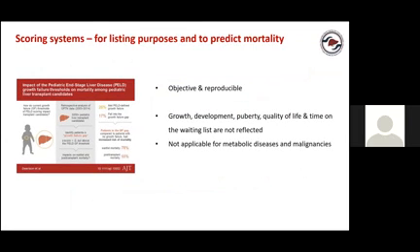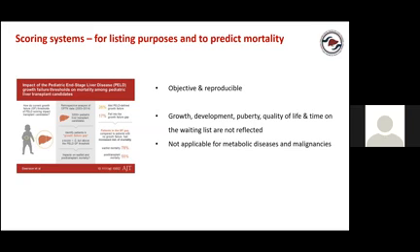However, we have to understand the limitations of these scores as well. If you concentrate on this picture and the brief message given in the picture, 17% of the children in this cohort of 3,200 pediatric liver transplant candidates fell into the growth failure gap, which was not detected through the PELD score. And they had waitlist mortality and post-transplant mortality as well.